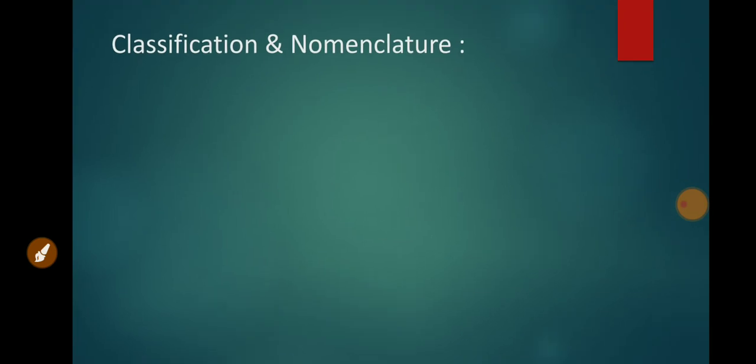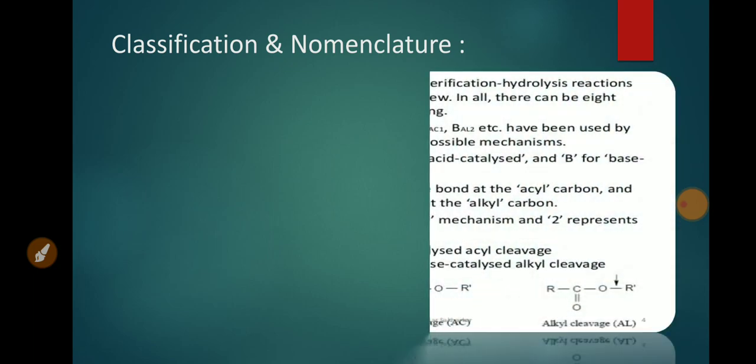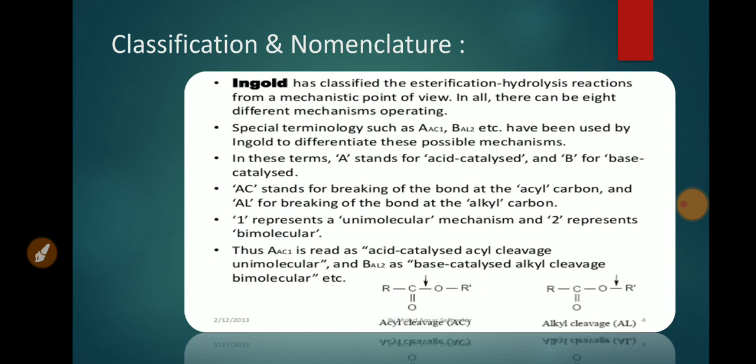Now, let us discuss classification and nomenclature of ester hydrolysis. Ingold has classified esterification hydrolysis reactions from a mechanistic point of view. There are a total of 8 mechanisms operating in ester hydrolysis. Ingold used special terminology such as